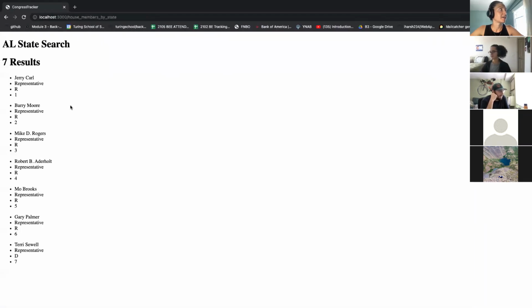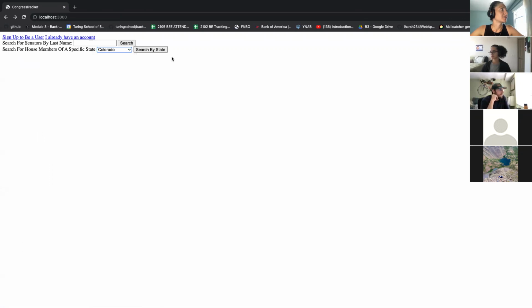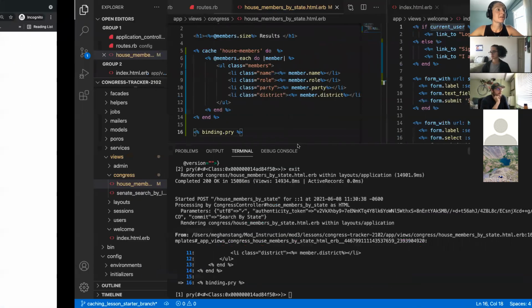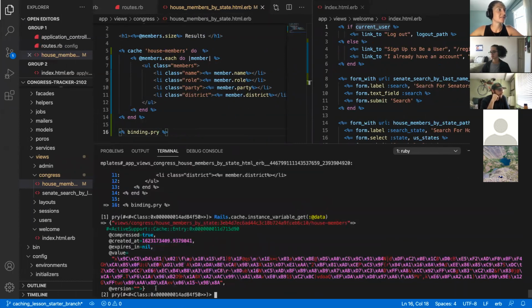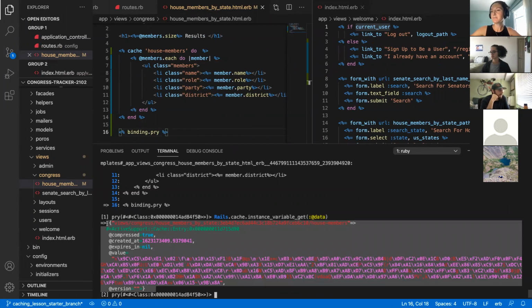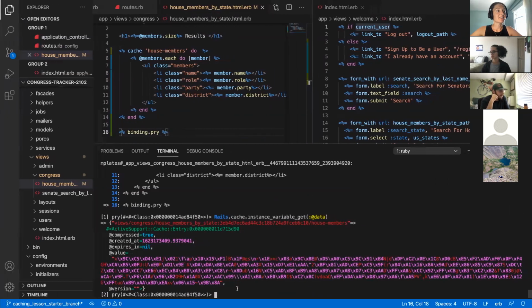So taking a look back here, I see all of the results for Alabama, Jerry Carl, Barrymore. If I go back and try to go to, let's say Colorado this time, search by state, I'm going to hit that pry. If I take a look again at my cache data, I still see that I just have that one cache, which, okay, is kind of what we were looking for, for us to not keep repeating this. But the issue here, let's take a look now after I exit this,